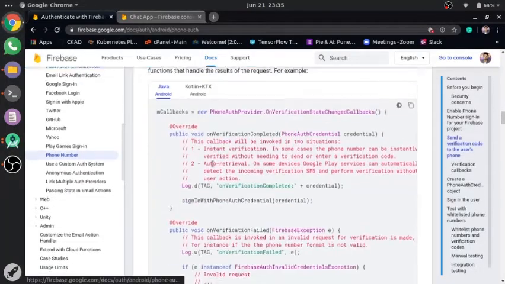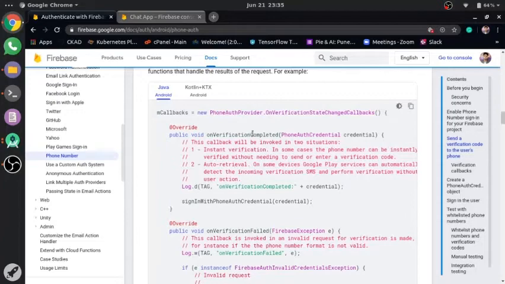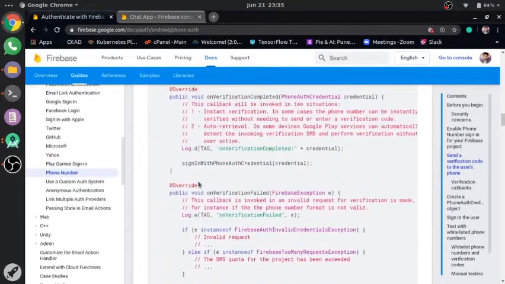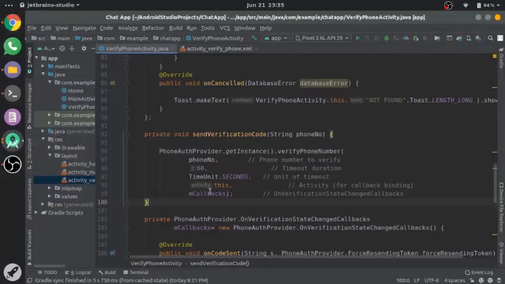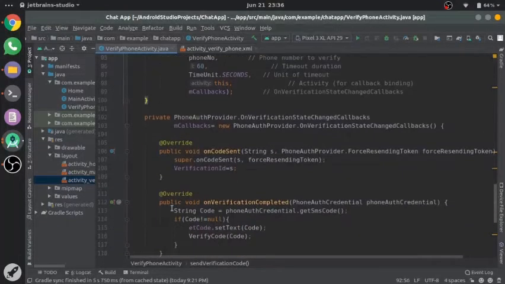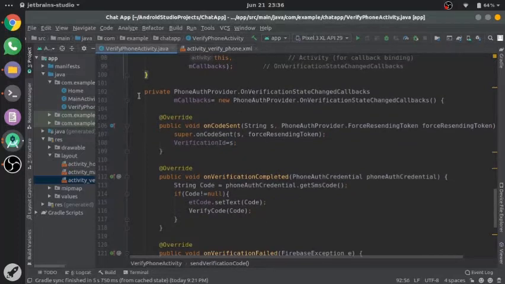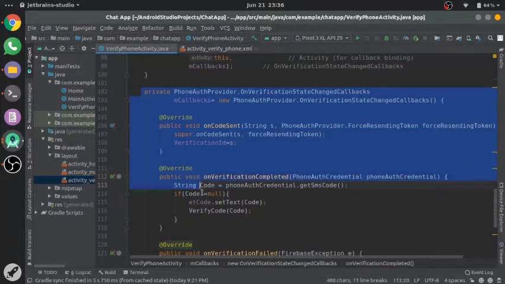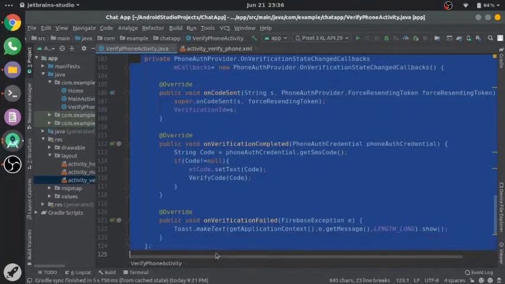You can copy this code, mCallbacks equals this and this and this, and copy here. So below this sendVerificationCode, I have copied this. I will tell you the meaning of this code. Okay, so in this code we have the functions onCodeSent, onVerificationCompleted, onVerificationFailed.